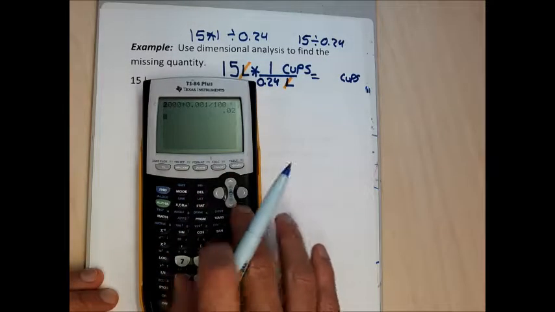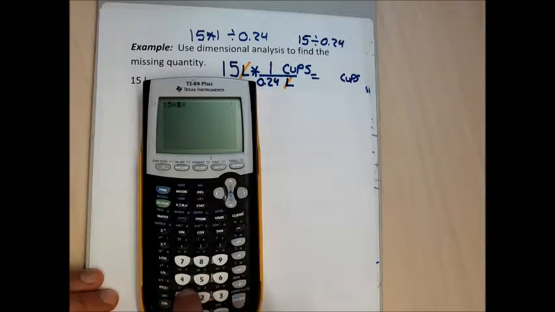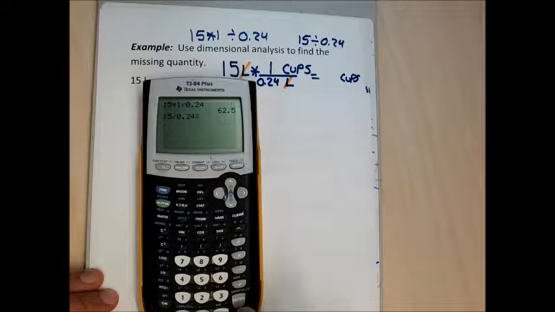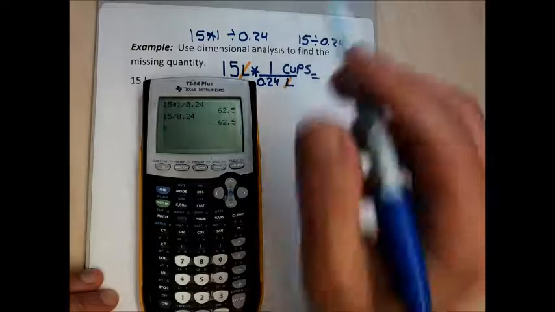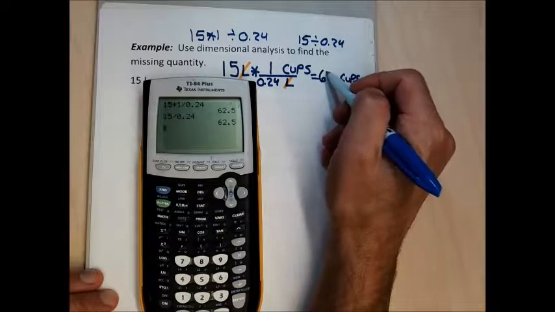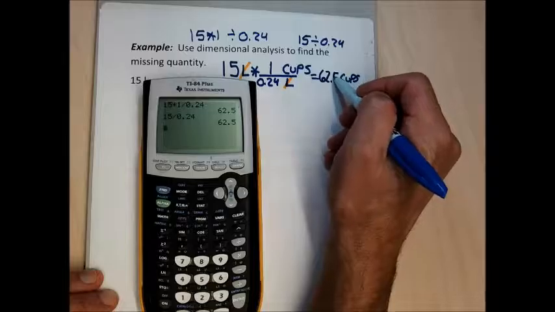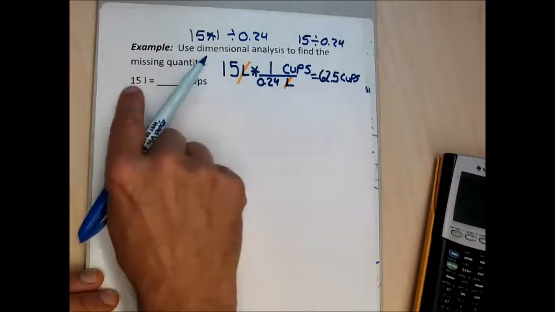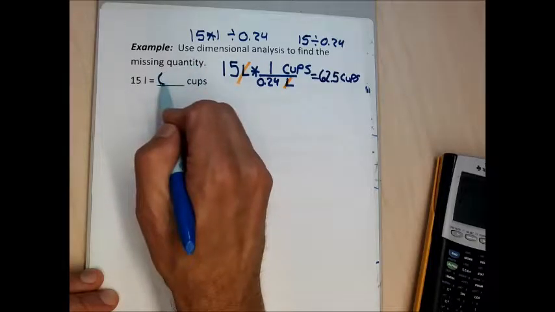So whether I do 15 times 1 divided by 0.24, or if I do 15 divided by 0.24, I'm going to get the same number, and that's the number that's going to go in my answer. And the units that are going to go in my answer are the units in the numerator. So I'm going to say 15 liters is equal to